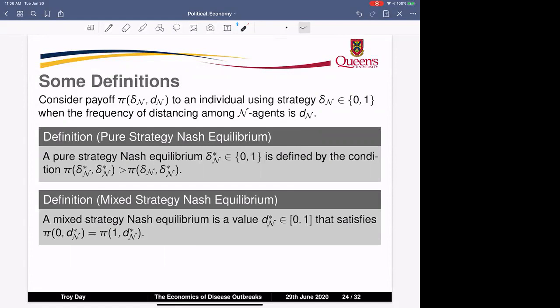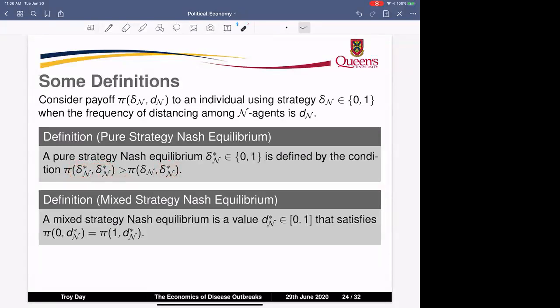I said I'd define Nash equilibria. There are two kinds of Nash equilibria that we need to talk about in the context of this game. And this is a Nash equilibrium at each point in time now I'm talking about. So if we have some payoff function, which is that instantaneous reward I talked about, for an individual that uses this strategy, given everybody else in the population, or a fraction dn of individuals using distancing strategy 1, then a Nash equilibrium is what I just said. If everybody's using the Nash strategy, an individual can do no better than to also use that same strategy. Often there's a greater than or equal to here,